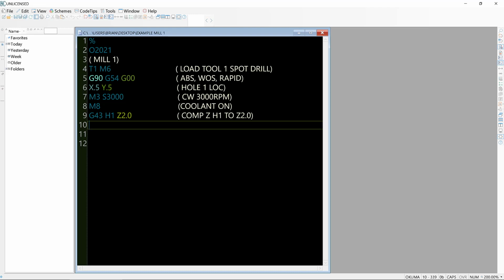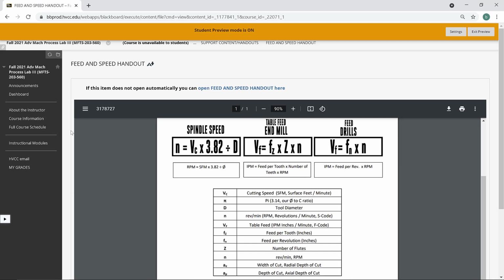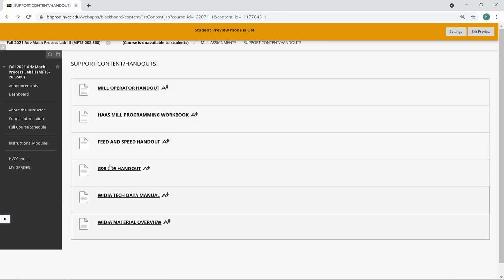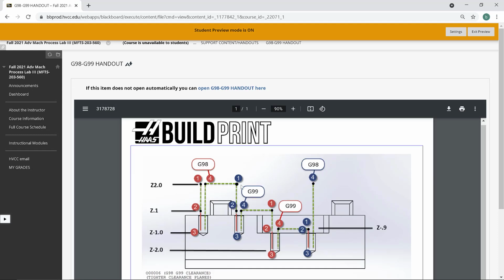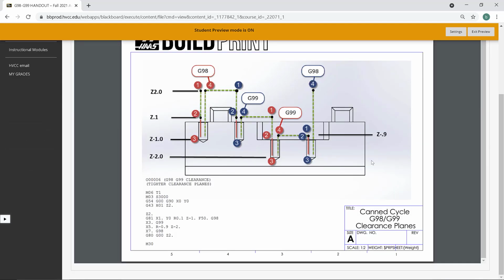Now, we need to start drilling. So we talked about, and I'll look at the handout in a second, G99 versus G98 and how it affects the drilling commands or the can cycles. Okay, and we'll talk about can cycles. Let's take a look at the handout. In the handout, if we go back here and go to G98 versus G99, take a look at the code